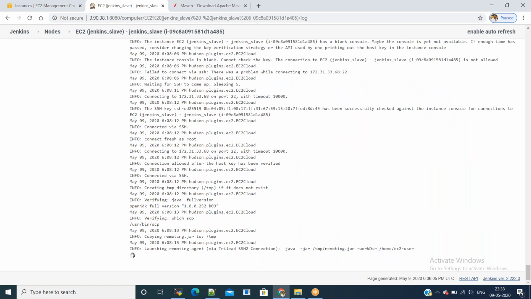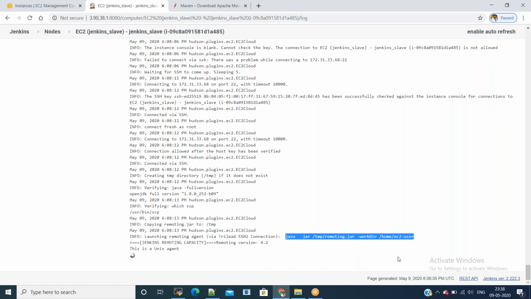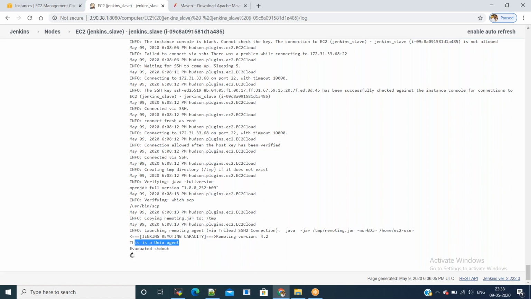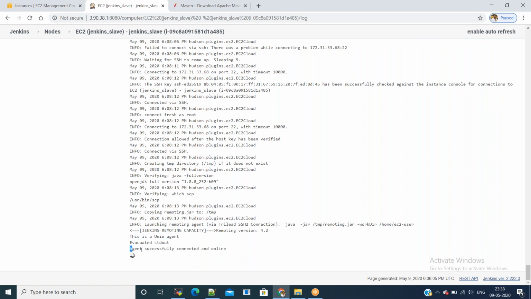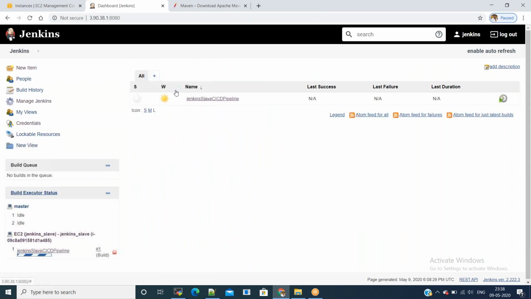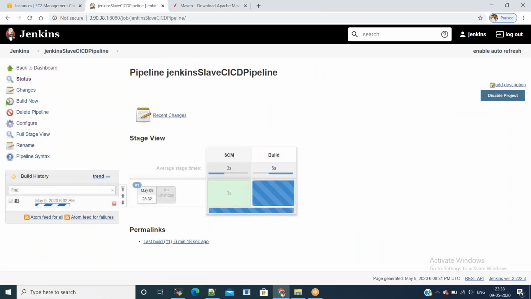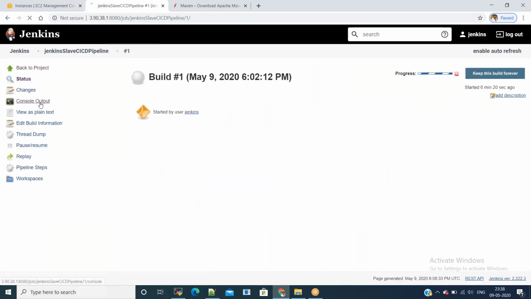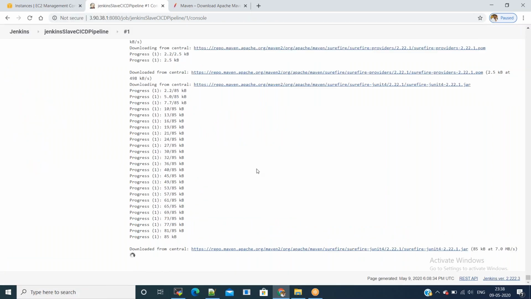Now, if you see, it is launching the remote agent. Okay, now our slave agent has been launched. Now we can go to our CI/CD pipeline job and we'll see the execution will start on the slave which was launched now.